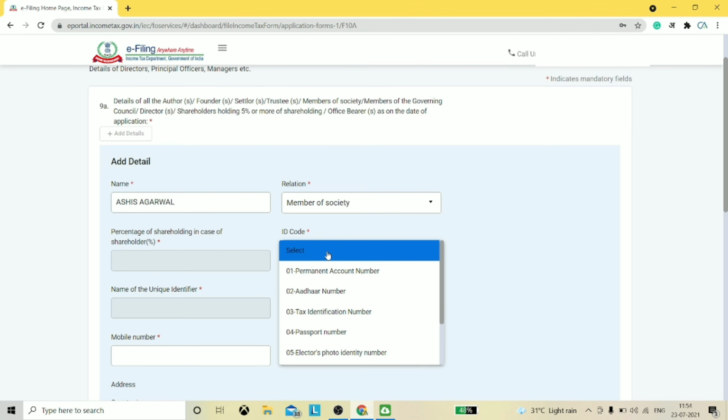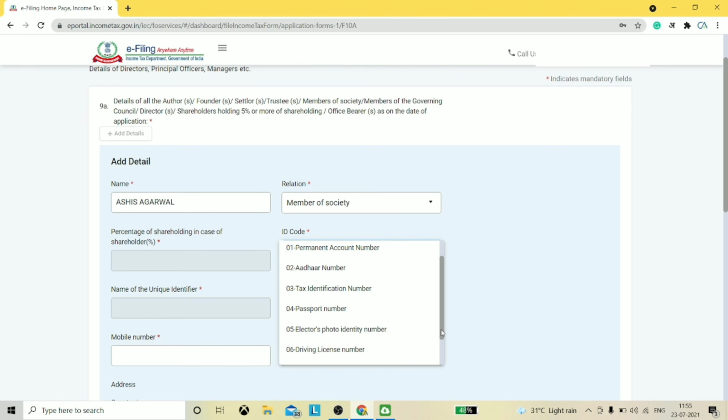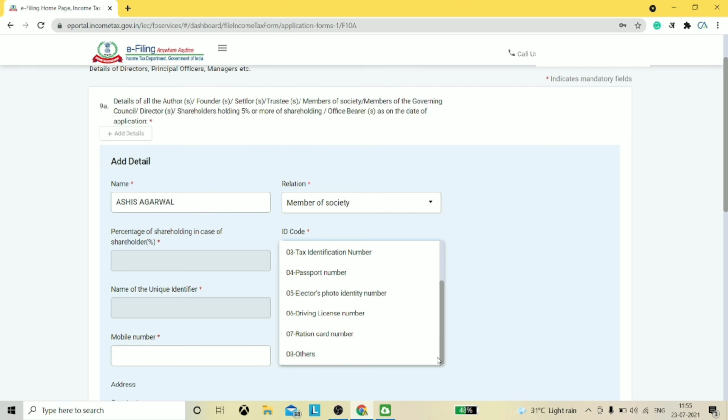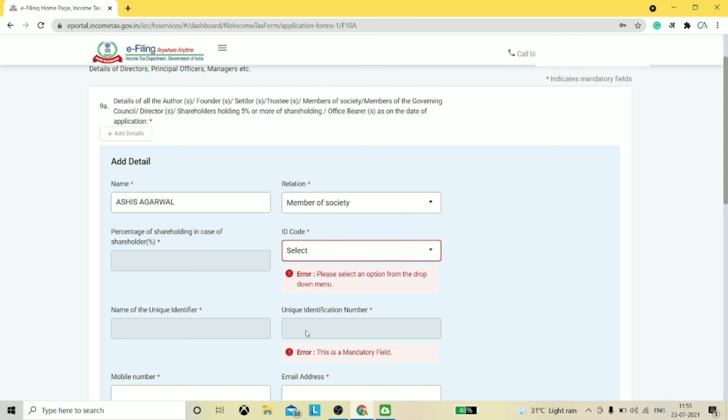The document numbers that are listed are permanent account number, that is PAN, Aadhaar number, tax identification number, which is usually applicable in case of NRIs, passport number, elector's photo identity number, which means the voter ID card number, the driving license number, the ration card number, and any other document number. So the unique identification number of the code which you have selected has to be mentioned here.